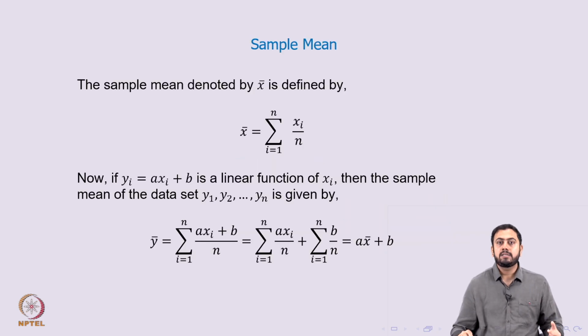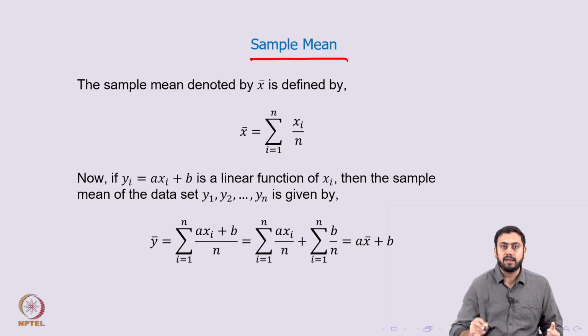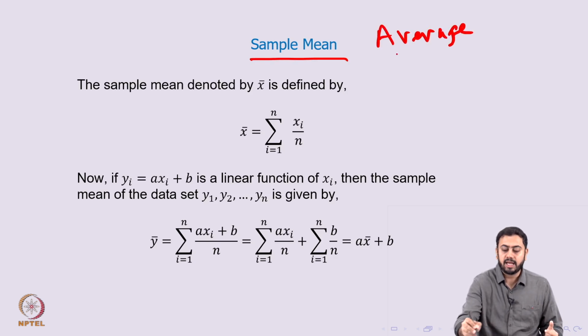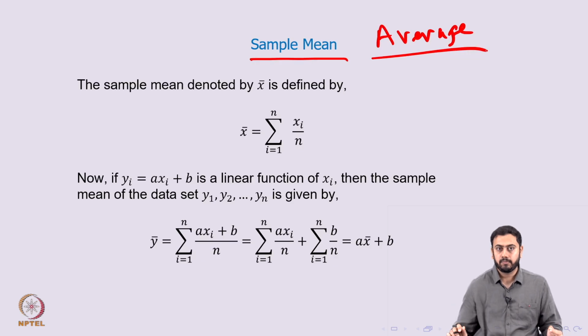The very first summary variable, which almost all of you would have read about or calculated on your own, is the sample mean, or the sample average. The mean is nothing but the average of a set of numbers. How do you find it? You have a simple formula. Depending on the sample size, which is n, you have a sample containing n observations, and you simply add all the numbers and divide by n.